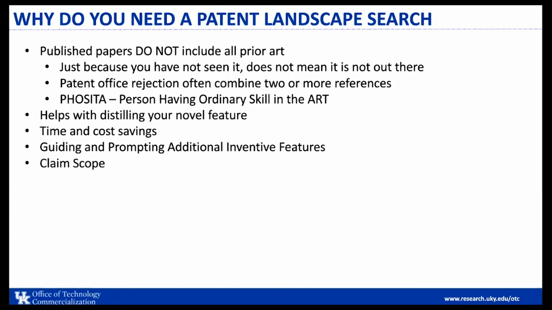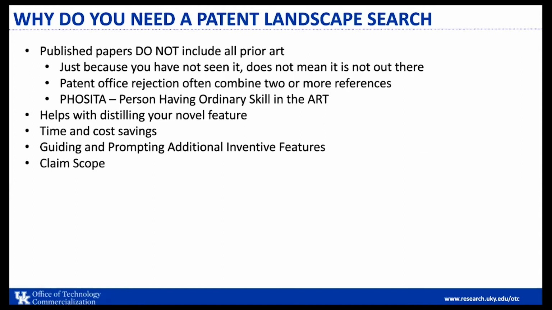So what a patent landscape search does is, again, kind of lets us know that pathway through the forest of patents where we can build our little fence, and the results of that patent search may give us some insight onto how much area we can try to capture within that fence, right? So it gives us a strategy both from marketing aspects and from claim scope to let us know how broad we can make this. And typically the way this works in practice is we go through the process, we sit